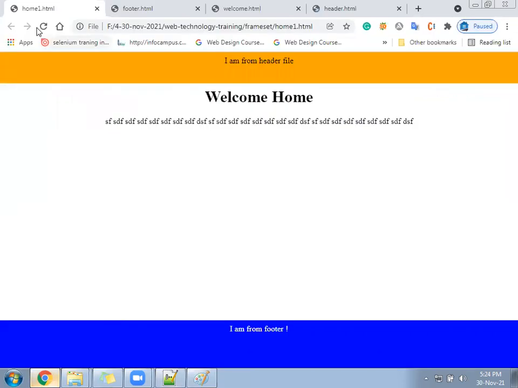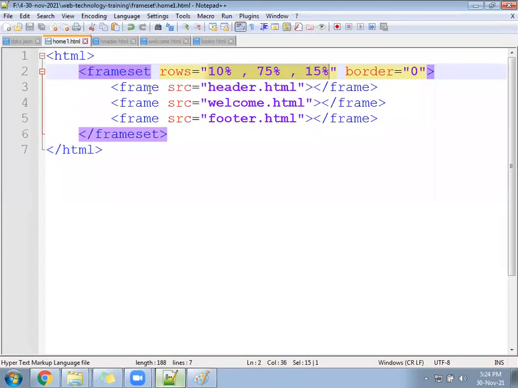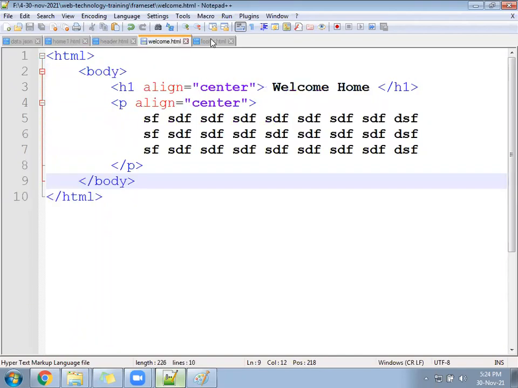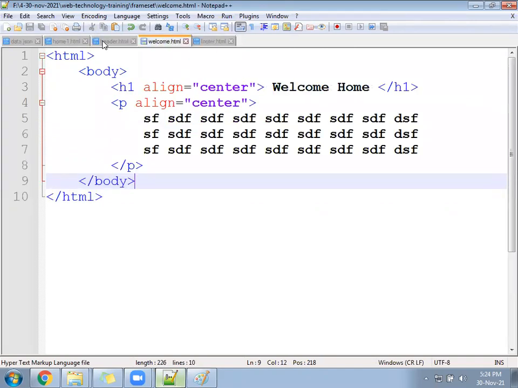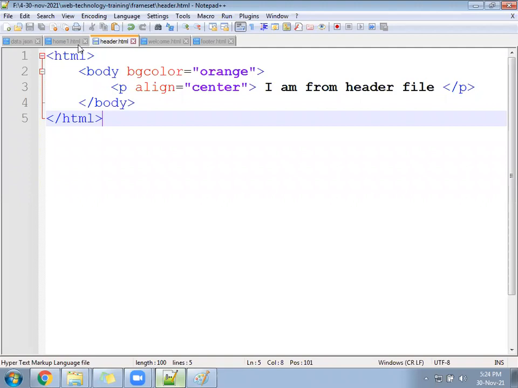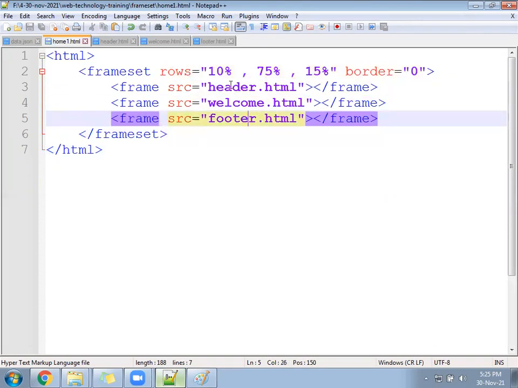Okay, after that, see, this one design is ready. So this structure, you understood what you are doing in this file. Number one, you have made 3 blocks. For all 3 blocks, you created a separate file. After creating a separate file for each block, we made a master file. Inside the master file, we have used a tag called frameset. Using frameset, we divided into 3 rows. And after that, in each row, using the frame src tag, we are calling a different file. So each file will come and take the place of a different location.